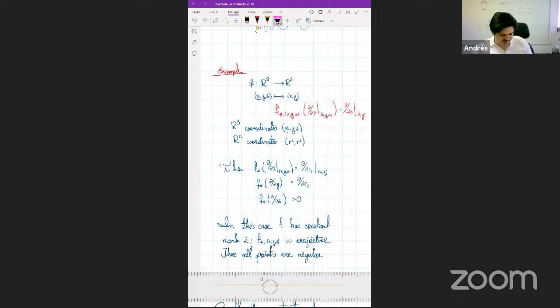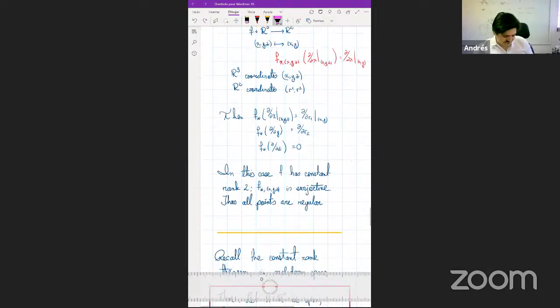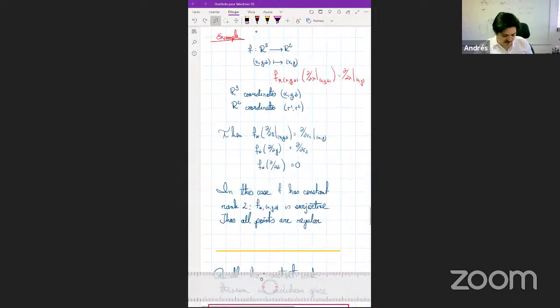So this is just the example that I wanted to illustrate. Here, if you would like to use the theorems that we saw yesterday, the pre-image of a point is going to give us a line. A manifold of dimension 3 minus 2. And for any point, because all points are regular here. Okay, now,